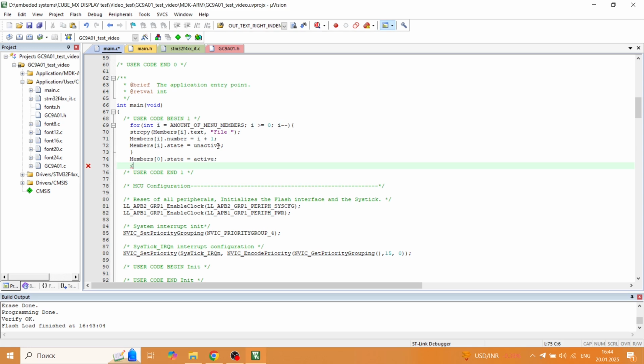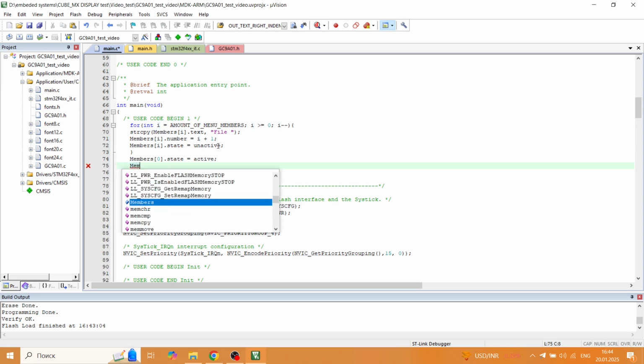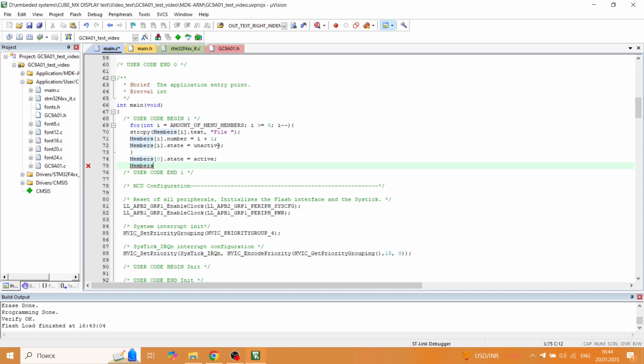For this, members 1 dot text, turn light, str copy